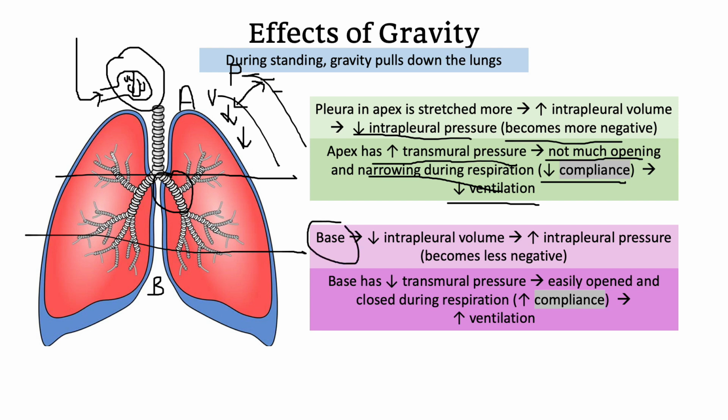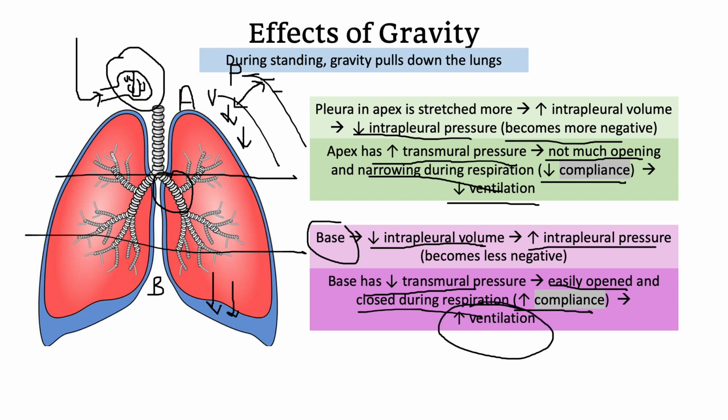So what happened is the weight will go down to the base. Thus, the intrapleural volume is lesser in the base. It's the opposite of what happened in the apex, meaning that the intrapleural pressure here increases, becoming less negative. So if we compare the transmural pressure, the base has a lower transmural pressure. So what does it mean? It means that the alveoli here are easily opened and closed during respiration, meaning there's more compliance, thus it will